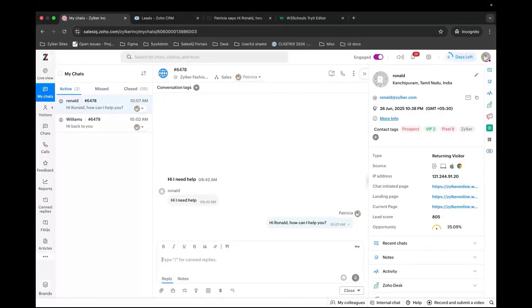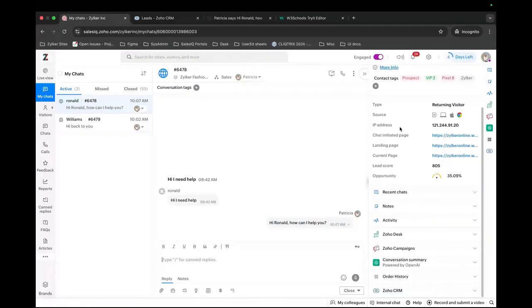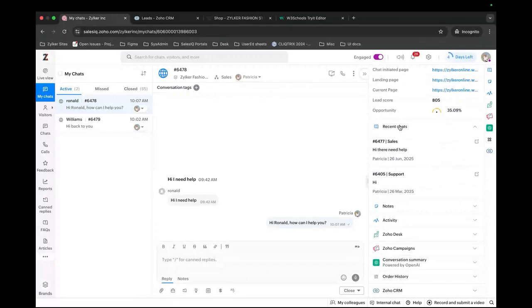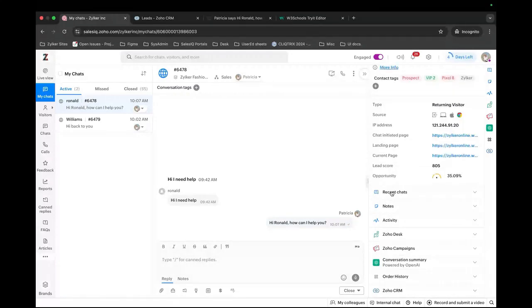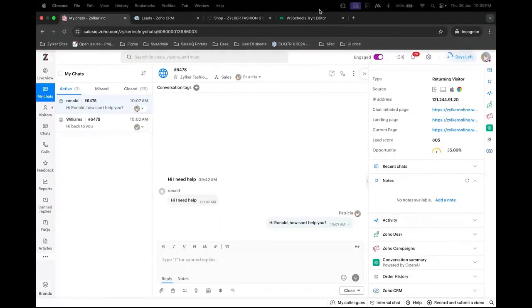Now, let's take a closer look at the features we have within the operator chat window. So, the customer information is on the right. We have their name, we have a lot of information here. Next, we have the recent chats of the visitor. We have some notes. So, if the past operator had added any notes for this visitor, that will be available here. And then we have